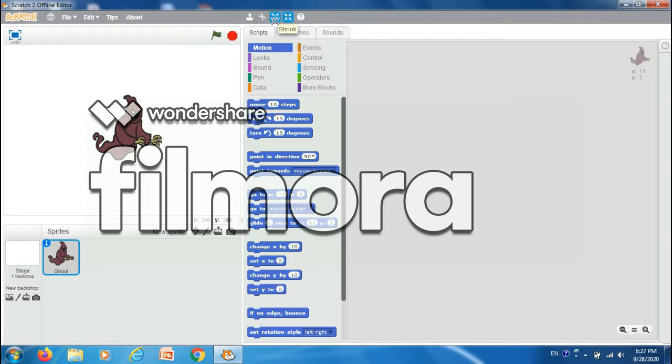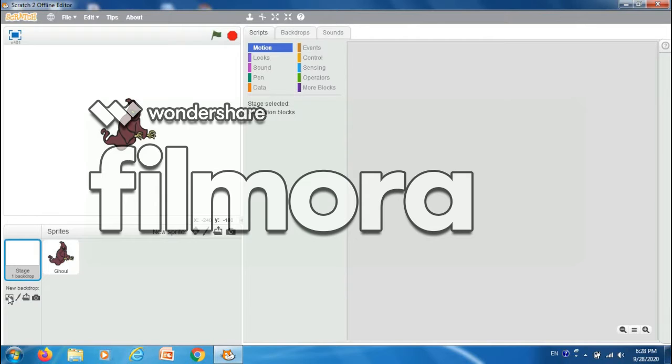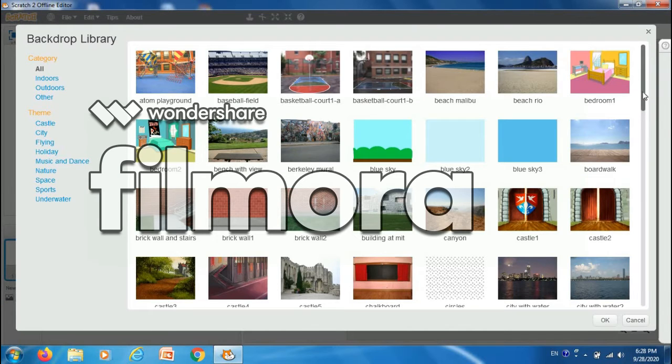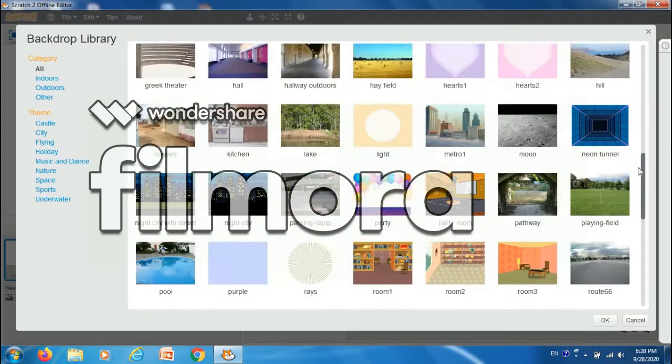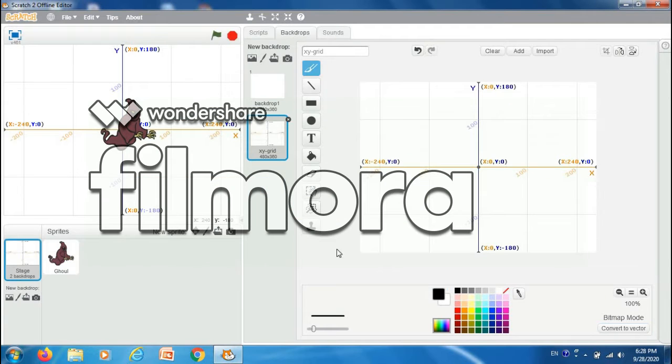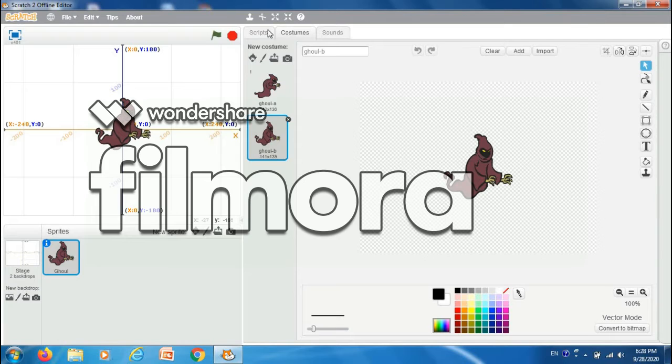Now shrink it. Then go to the backdrops and from here select the XY grid. Place this ghost in the center. Now go to the scripts.